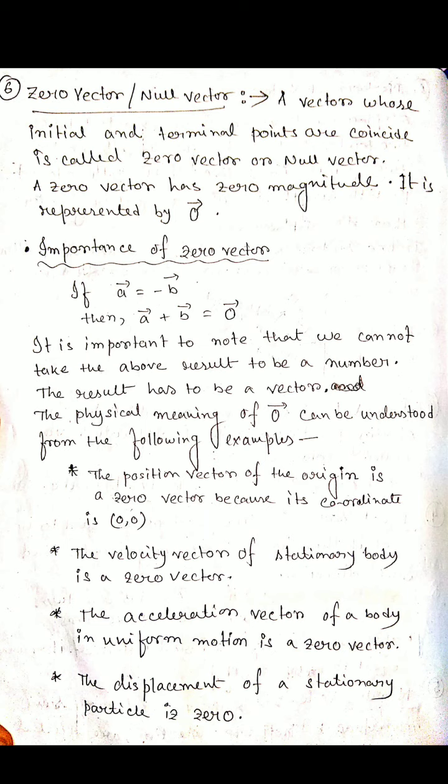Displacement of a stationary particle. A stationary particle cannot be displaced from one point to another point. That means its initial point and final point are the same. So if no displacement is there, we can say that it is 0. The value is 0, but in vectors, this is a 0 vector because its magnitude is 0. So both statements are the same, but the way you represent them is different, because you studied vectors in two dimensions. That's why we always use the vector quantity, the 0 vector, in terms of vectors.